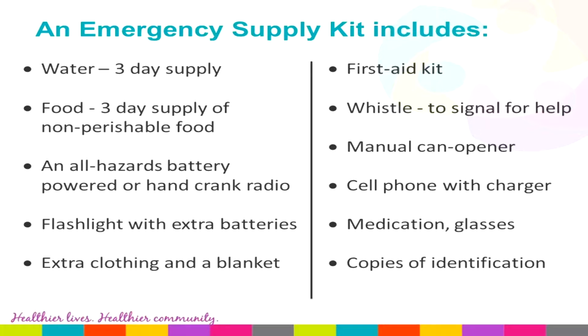And you'd want to have a battery-powered radio and some supplies, a first aid kit, and any type of hygiene supplies that you may need. And a whistle is always good in case you need to signal for help. And nobody really thinks of this, but if you have perishable items, a can opener is a good idea as well. Okay, and I'm assuming medications and glasses and that kind of...